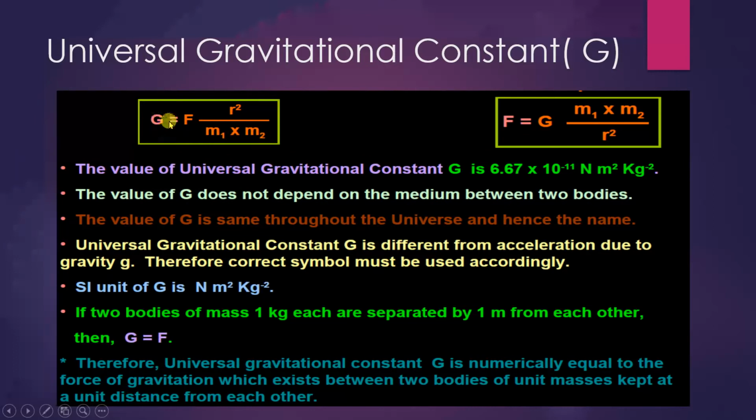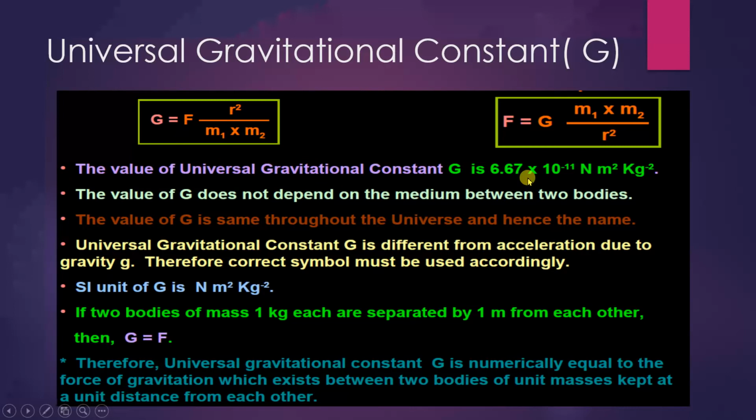Now what about this G? This is the universal gravitational constant. Note the value of G. It is 6.67 into 10 raised to power minus 11 Newton meter square per kg square. Students, you have to learn this value well, and this value of G will remain constant in every numerical, everywhere